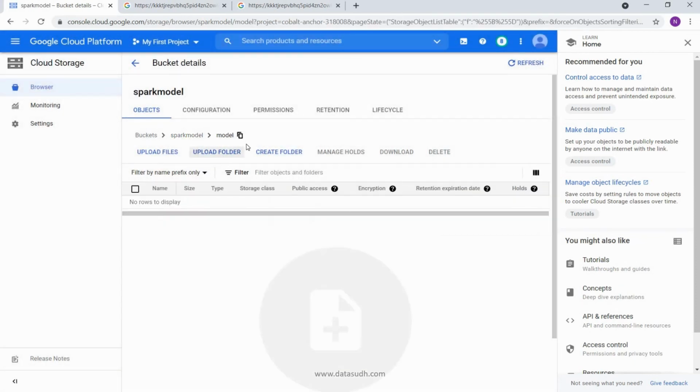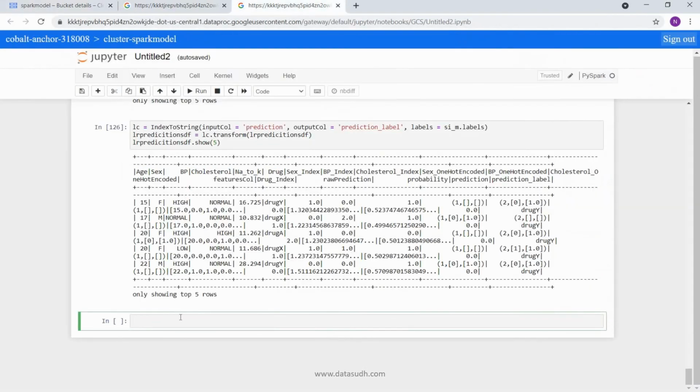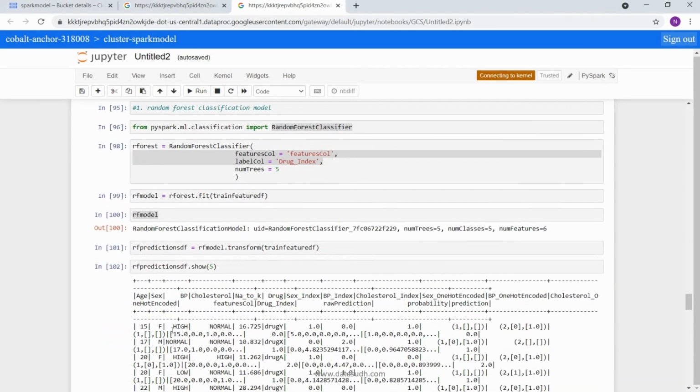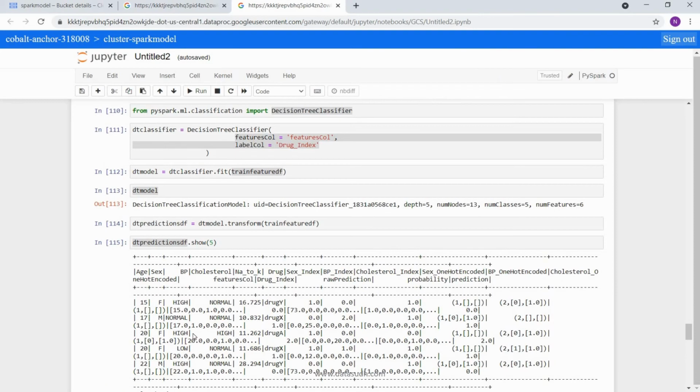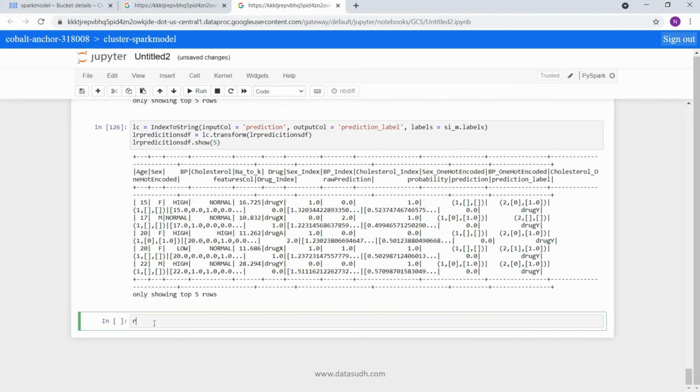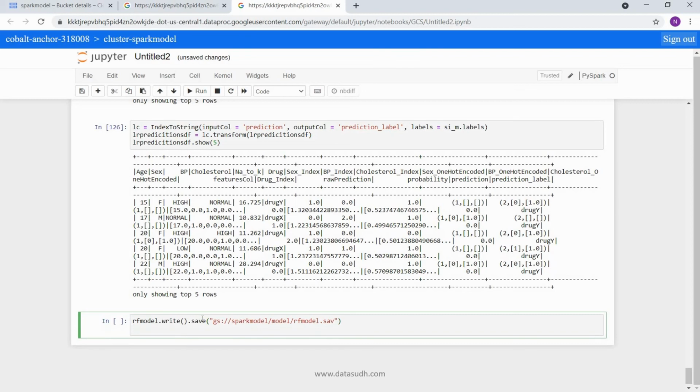Okay, take this folder, and here we are going to save all our model files. So our random forest model file was RF model, and our decision tree was DT model, and logistic regression was LR model. So for our random forest model, we will write and save. We'll provide our bucket path, and we'll give rf model dot sav. Sav is the extension for these model files.